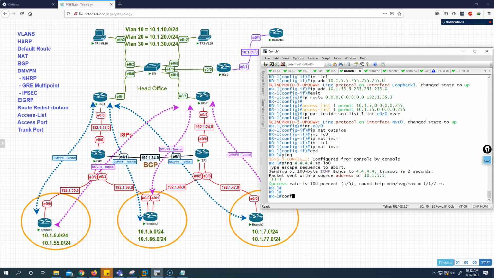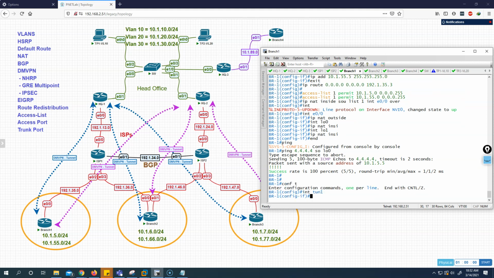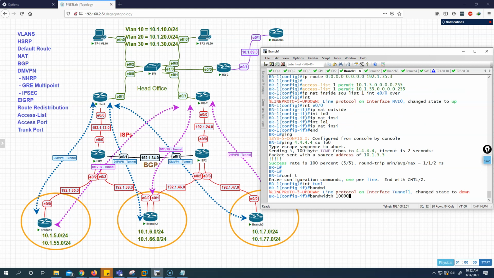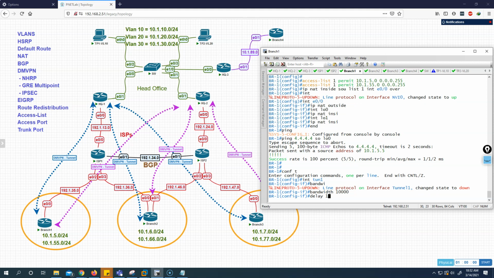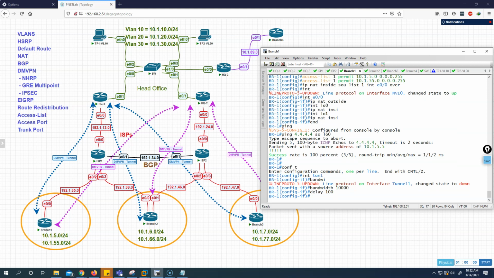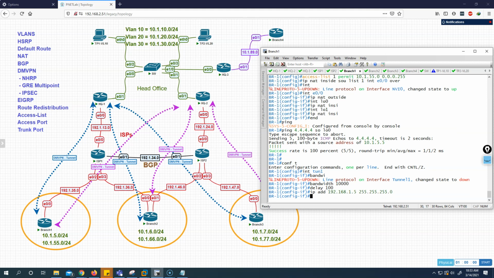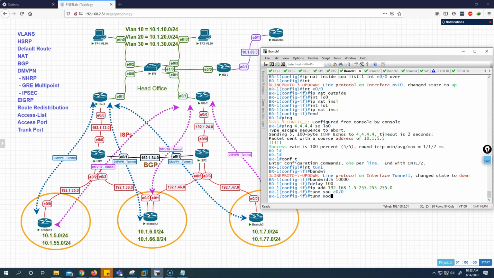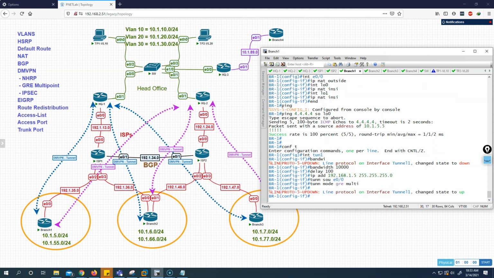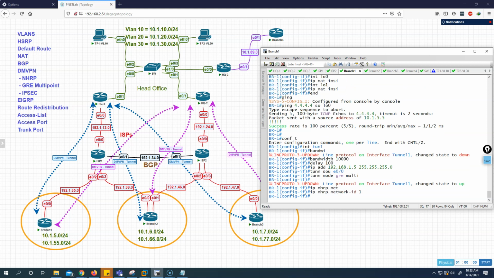So now we can go down, and from the beginning we can say the bandwidth is 10,000 and the delay is 100, and we can say the IP address is 192.168.1.5, and that the tunnel source is Ethernet 0/0, and the tunnel mode is GRE multipoint, right? And then we say that we want to do NHRP with a network ID of 1, and then we will say